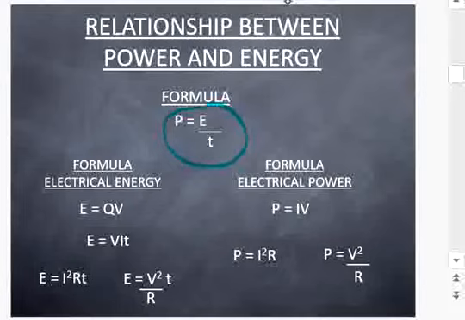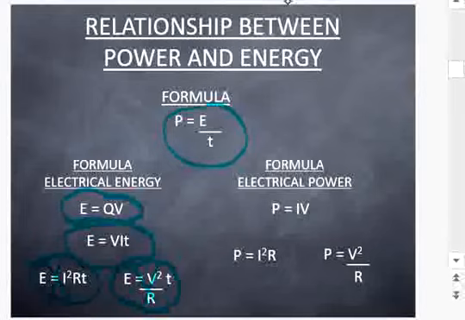Another formula I include here is E is equal to QV, which you have learned before through potential difference and EMF. And there is another formula, E is equal to VIT, voltage times current times time. Now the other two here, don't worry about these two. It's actually the combination of